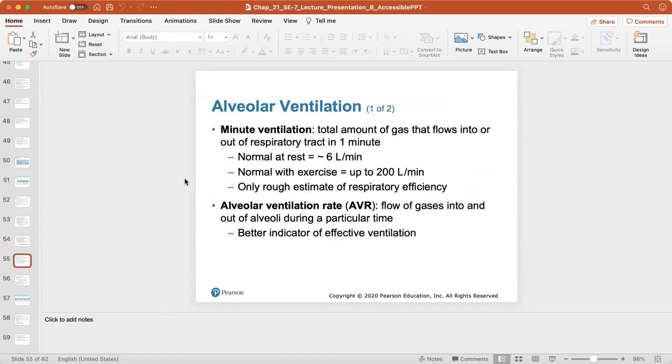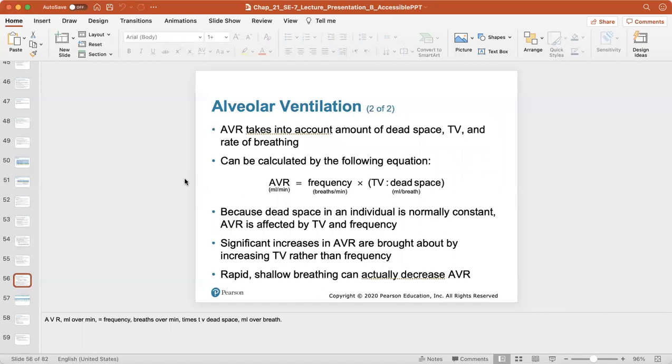The minute ventilation is the total amount of gas that flows into or out of the respiratory tract in 1 minute, and the alveolar ventilation rate is the flow of gases into and out of the alveoli during a particular time. And again, these are all important measurements to help doctors and medical professionals see what could be wrong in the lungs. And especially with COVID,